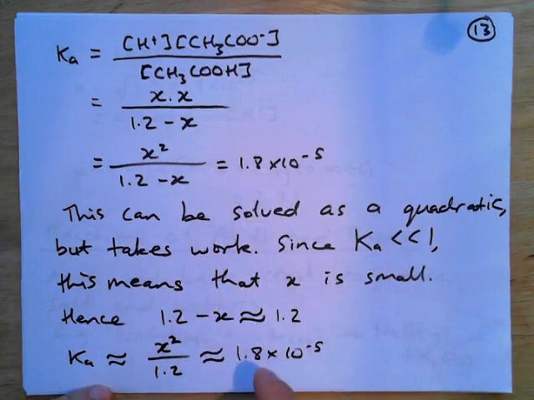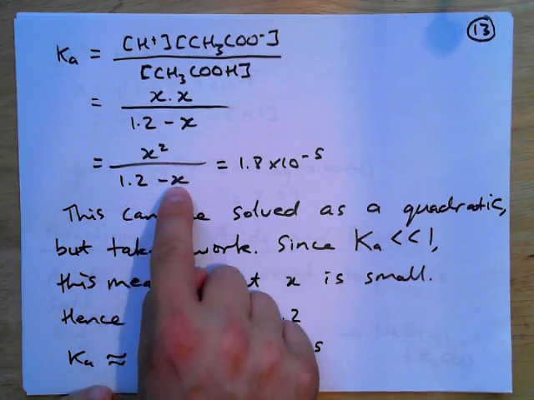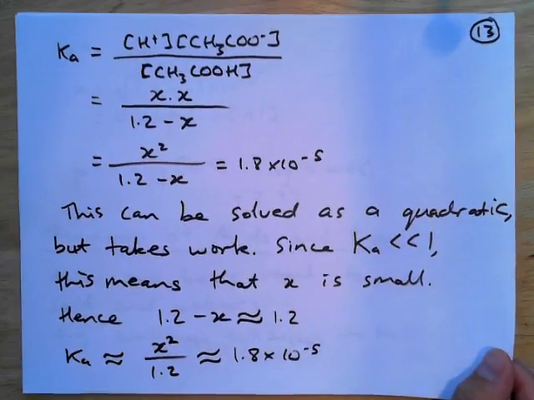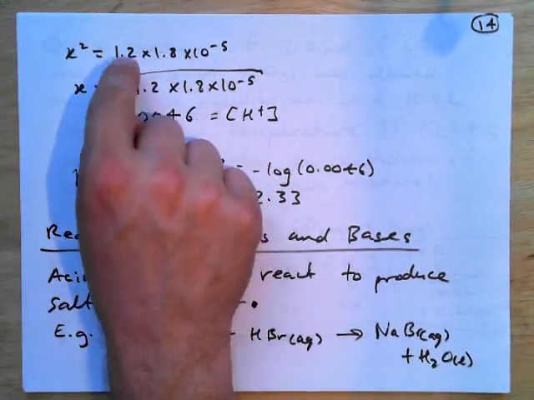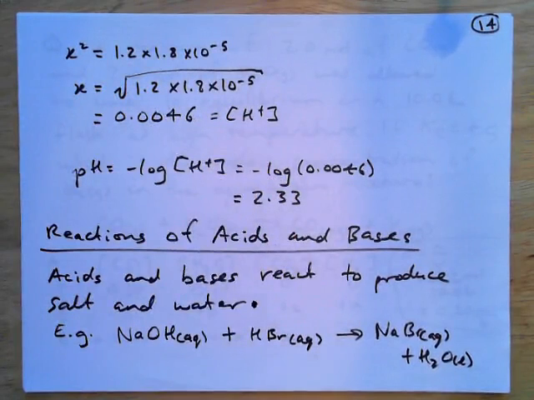0.000018. That means that when I take away that X, this is going to be very much just like 1.2. If you get 1.2 and take away 0.000018, you'll still be left with pretty close to 1.2. And so we can just simplify this denominator term just to give 1.2 again. So that simplifies this equation a lot. And so now all we have to do is take that 1.2 and multiply it to the other side. So we have X squared equals this,